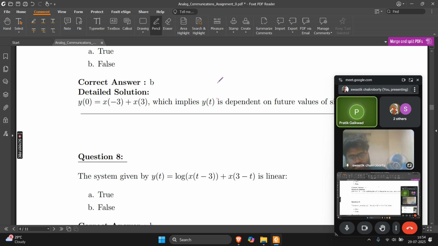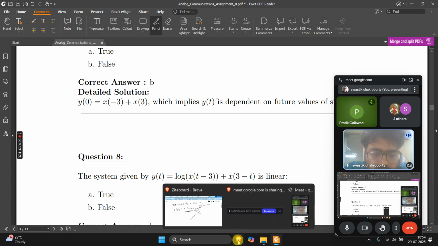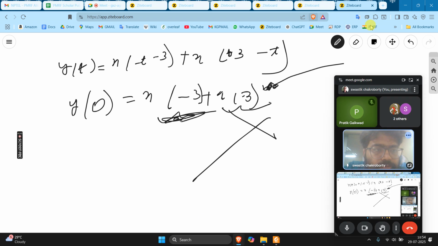Sir, because of the logarithmic function, it is not linear. Yes, true. Could you show it on pen and paper? It is true. If you are asked as an MCQ, you are correct. But if you want a formal proof,